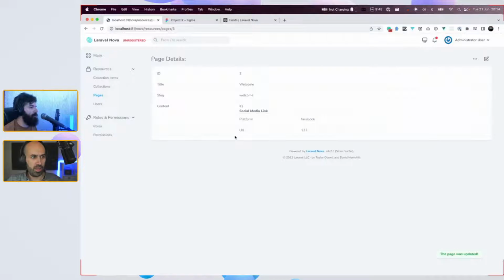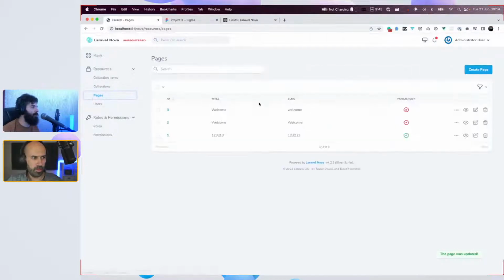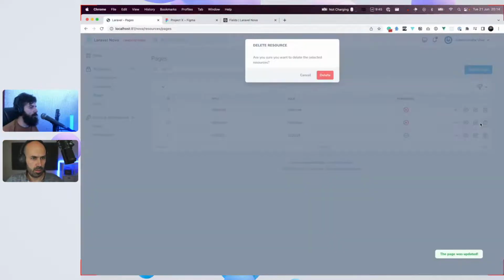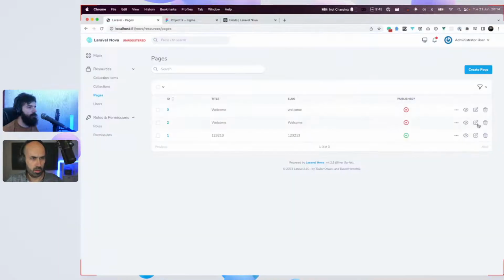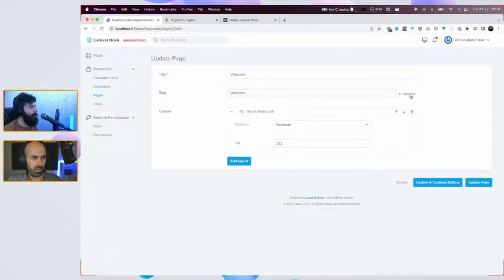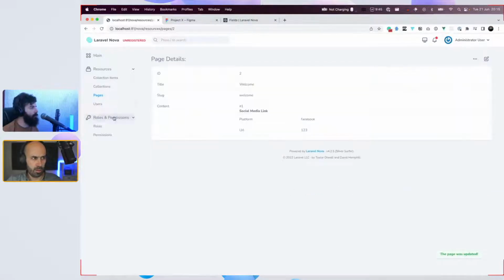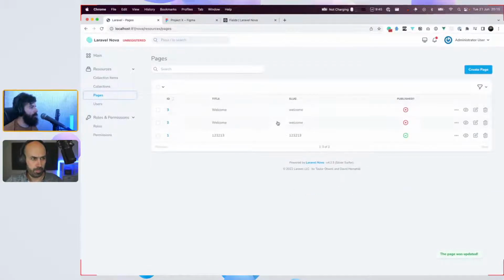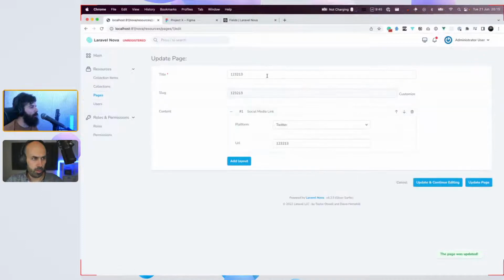So in the edit it will not work, right? Just in the creating. Because it's saved with 1, 2, 3 the other time. That's right. So we have 2, and now we'll have 3.